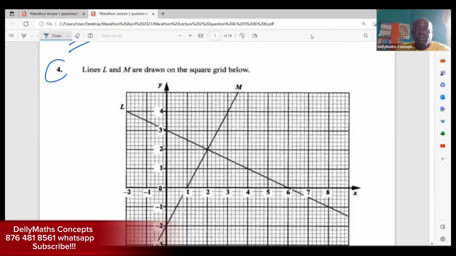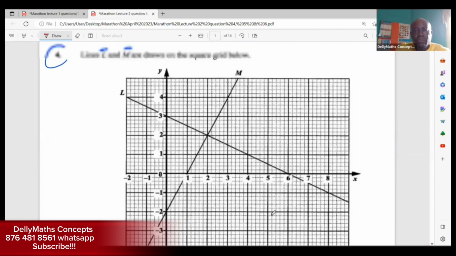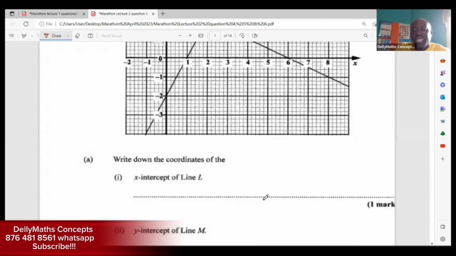It says here, two lines, lines L and M, are drawn on the square grid. And you're seeing them. Looking at your grid, you're looking at the lines. All right, let's see what they're asking. It says write down the coordinates of